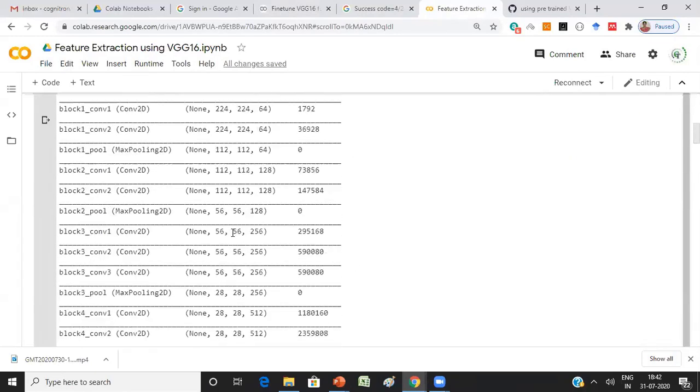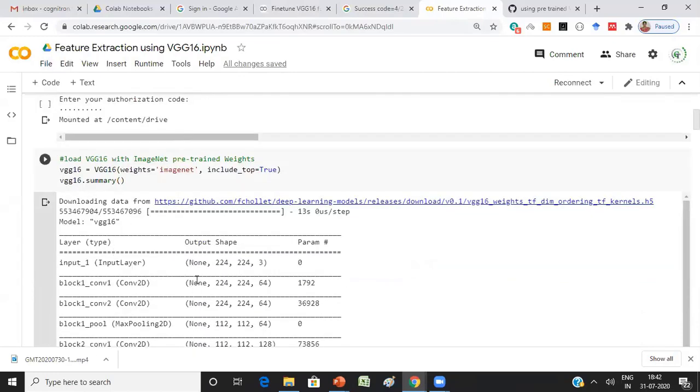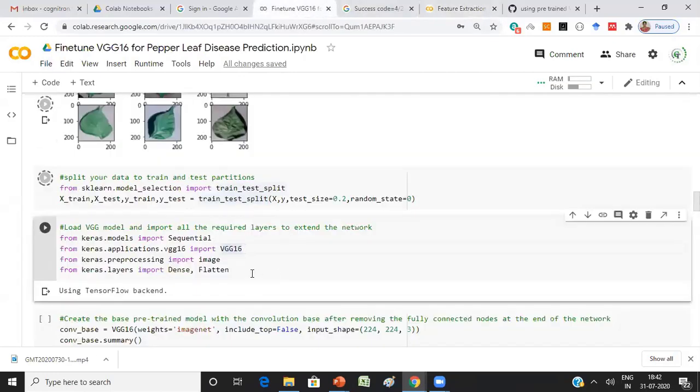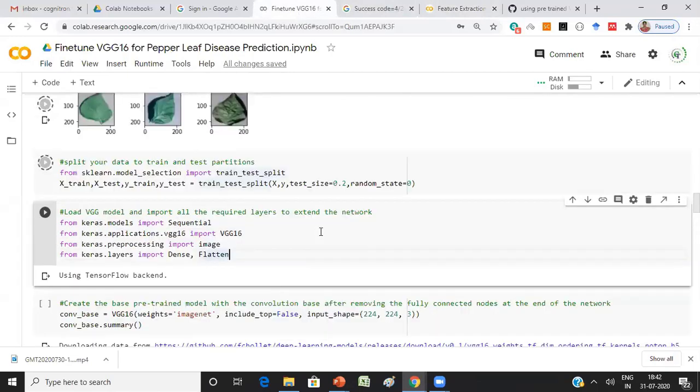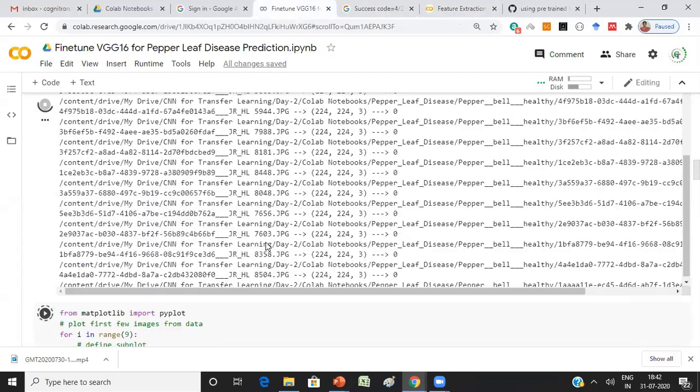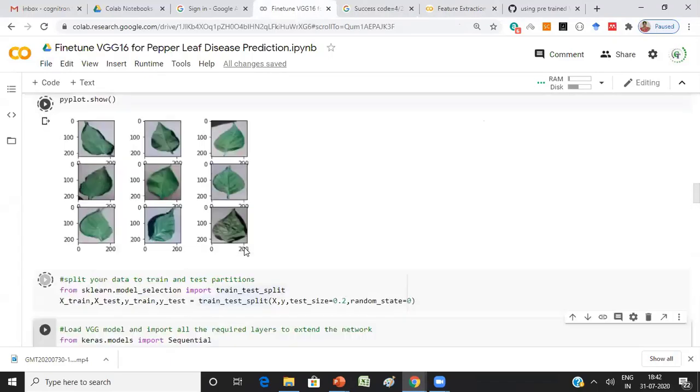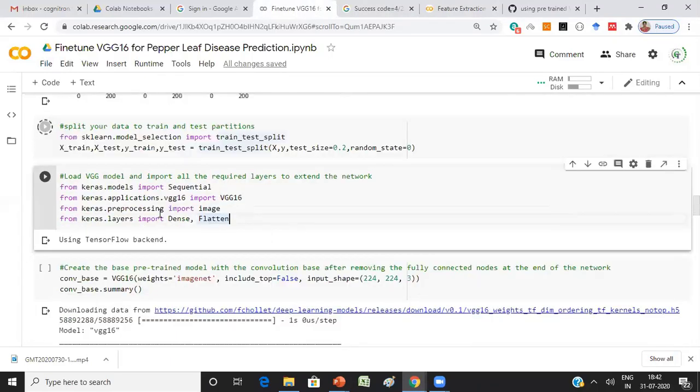So the same architecture, without putting in any effort, just by using a single command, you can get that model, and you can alter that model also. So let's see how to do that. So this is what is important, for importing your VGG16 model into your program: just import VGG16 from keras.application.vgg16. And because you are going to create your own model, just import all the required layers.